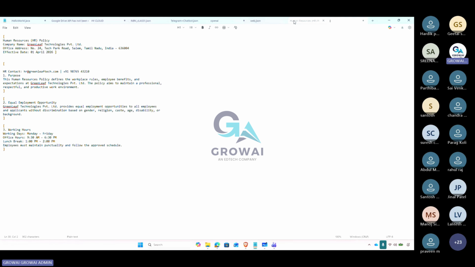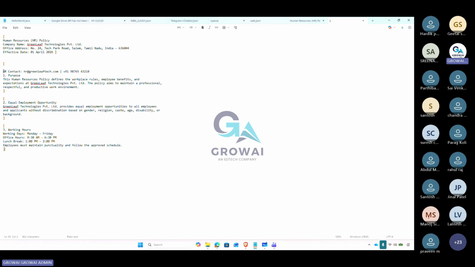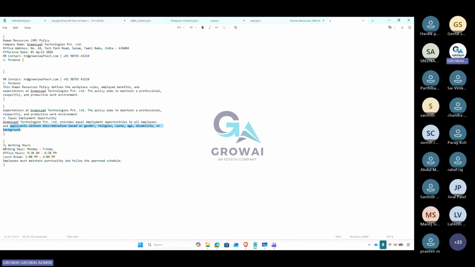Okay, then see, when you're splitting into chunks, there needs to be some overlap. The purpose of overlap is to have connectivity between the previous chunk and the current chunk. This is more important. Overlap means we take some part of this and put it into the previous chunk itself, so that there won't be any issue. So you got it, what overlap is now? It makes the current chunk know what happened on